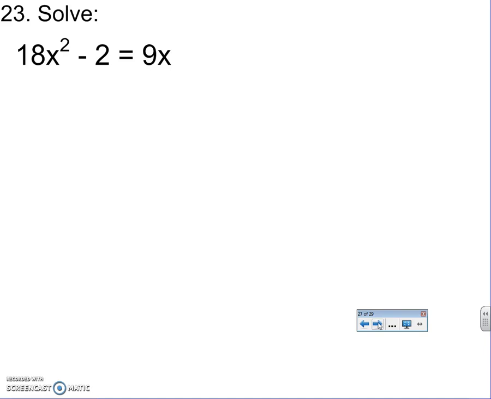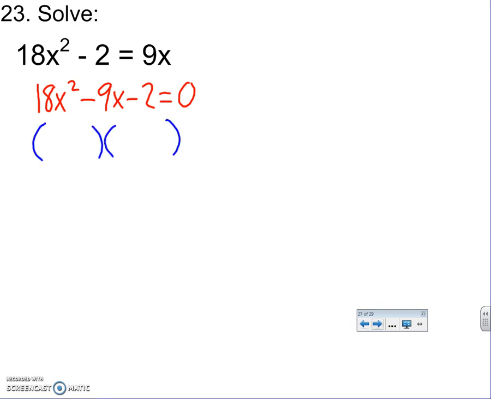Quadratic, lots of forms. I'm gonna get into standard form. I'll move everything to one side and put it in the correct order. I want ax squared plus bx plus c equals 0. Here you need the quadratic formula, or you can factor, or you can use the x method, or you can complete the square. I would do